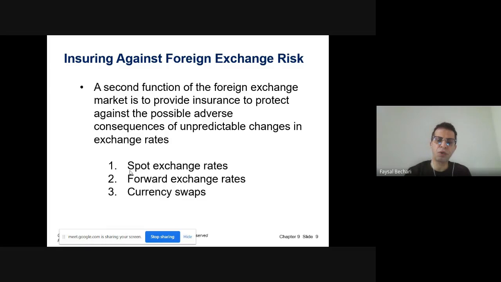Now, there is what you call a spot exchange rate, which is when you do an exchange on the spot. There's a forward exchange rate, where you say, in 6 months, I want to buy American dollars, so they guarantee you that amount at that price now. And there are currency swaps, which we talked about. If there are too many Canadian dollars in the market, the price of the Canadian dollar goes down, so you do swaps.